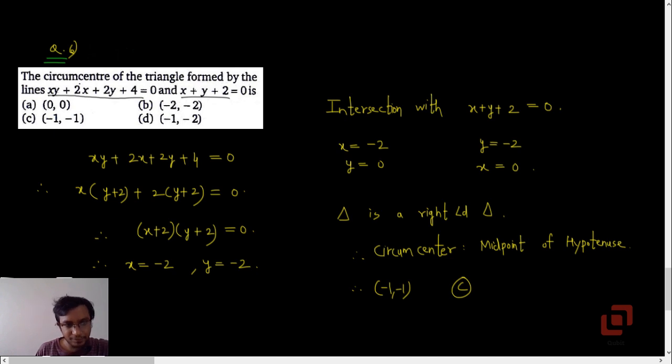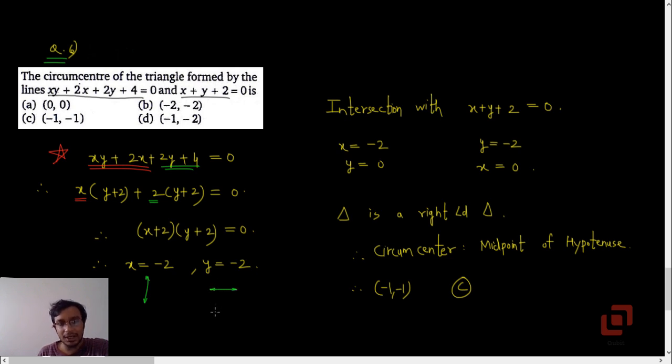Okay, so in the very first step I have considered the general equation of second degree given in the problem, and I found out that you can actually factorize the left hand side. From the first two terms you can take x common, so it will be x into y plus 2, and from the next two terms you can take 2 common. So it will be 2 into y plus 2, which will then give you x plus 2 into y plus 2 equal to 0, which means you have now got two lines, x equal to minus 2 the vertical line, y equal to minus 2 the horizontal line.